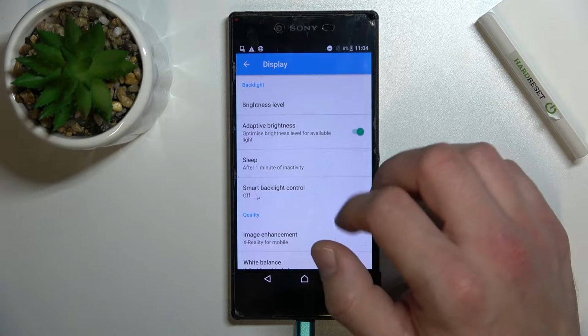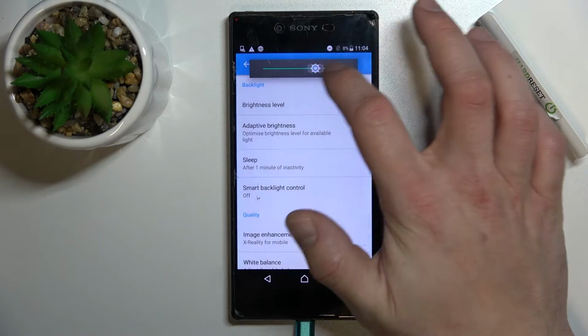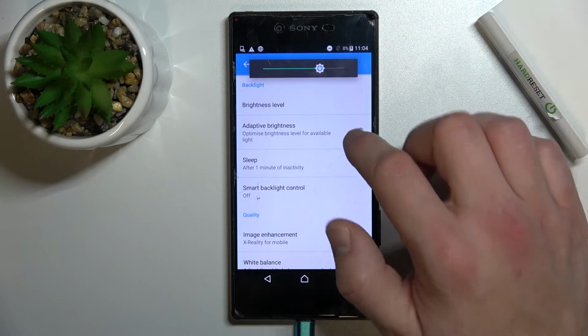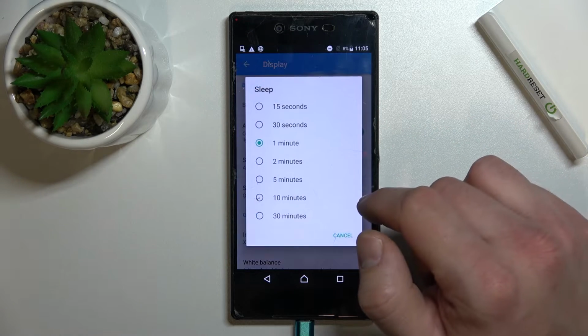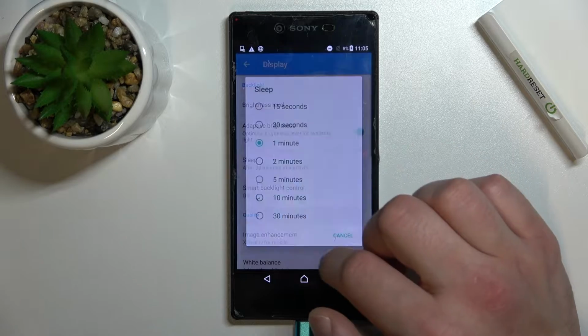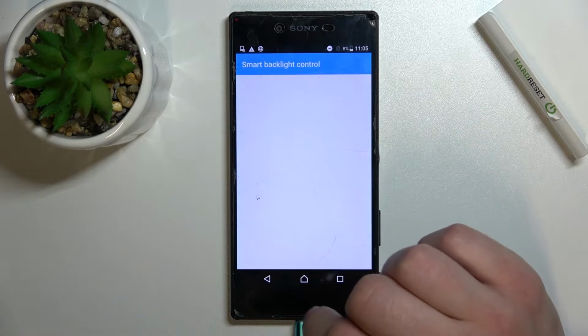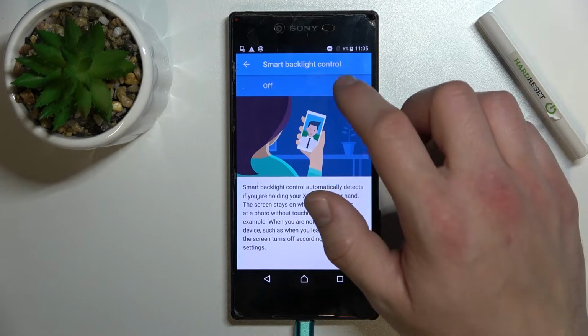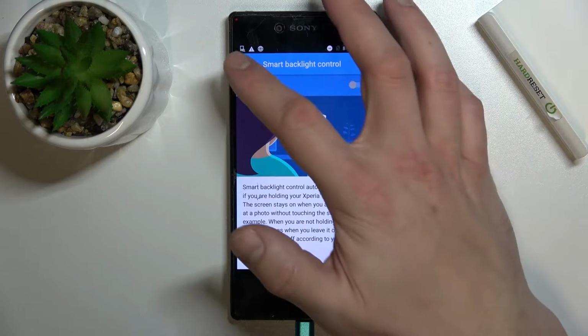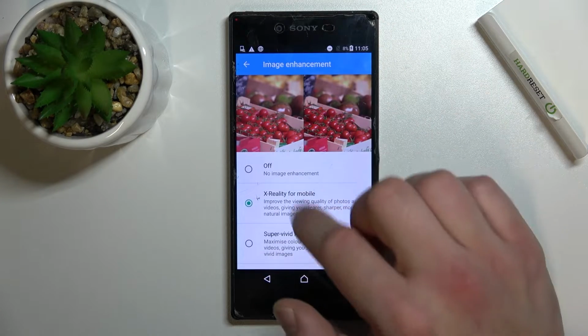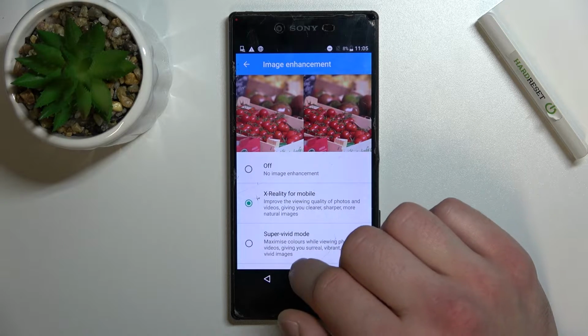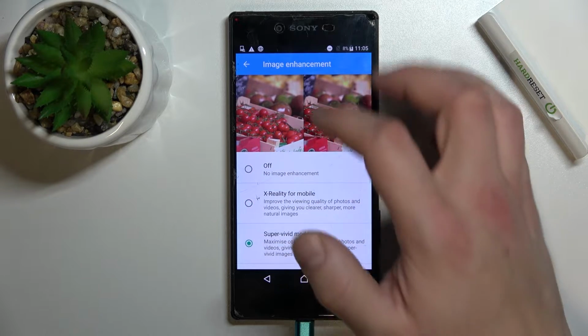Let's start with the top of the list, where we can change brightness level, enable or disable adaptive brightness, change sleep time between 15 seconds and 30 minutes, enable or disable smart backlight control, image enhancement between off, X reality for mobile and super vivid mode,